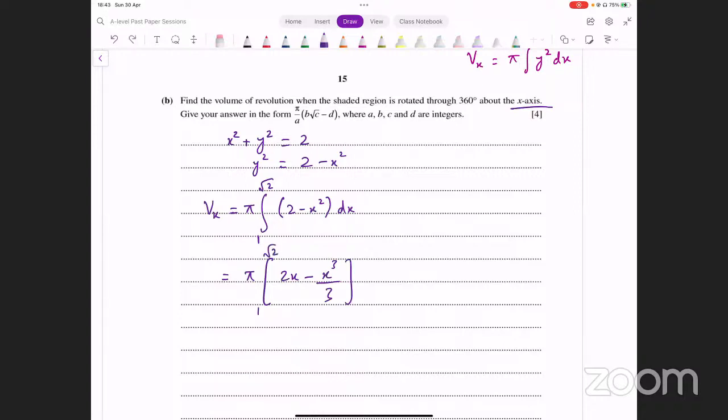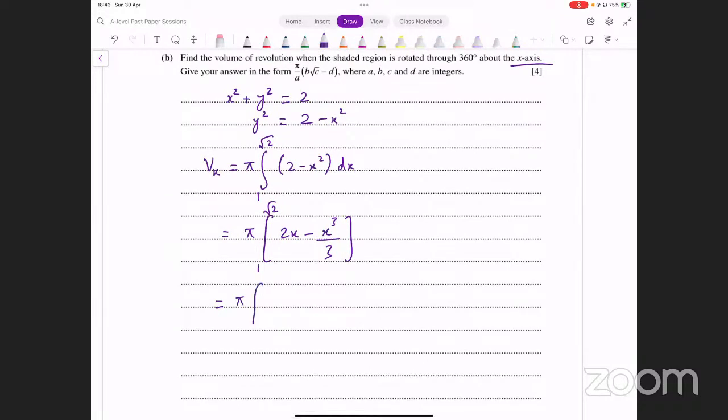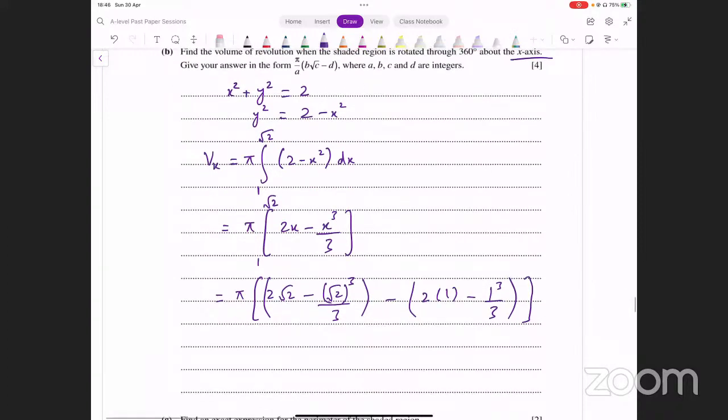ये फॉर्म आपको सारी वर्किंग दिखानी होगी। एग्जैक्ट आंसर में आपको हमेशा वर्किंग दिखानी होती है। वैसे भी आपको वैल्यूज इनपुट करके तो हमेशा दिखानी होती है। So we have 2 into square root of 2 minus square root of 2 whole cube divided by 3, minus 2 into 1 minus 1 cube over 3. ठीक है, इसको हम सिंप्लीफाई कर लेंगे। 2 into square root of 2, रिमेंबर ये पाई तो बाहर है, उसके बाद में देख लेंगे। अंदर हमारे पास क्या आ रहा है? 2 square root of 2 माइनस स्क्वायर रूट ऑफ 2 होल क्यूब, ये आप कैलकुलेटर में डालें सीधा, ये आपको देगा 2 स्क्वायर रूट ऑफ 2 ओवर 3, माइनस 2 प्लस 1 ओवर 3।